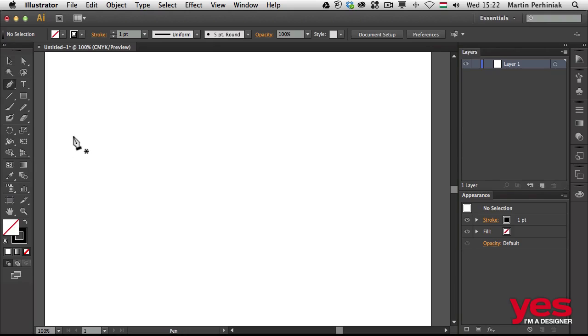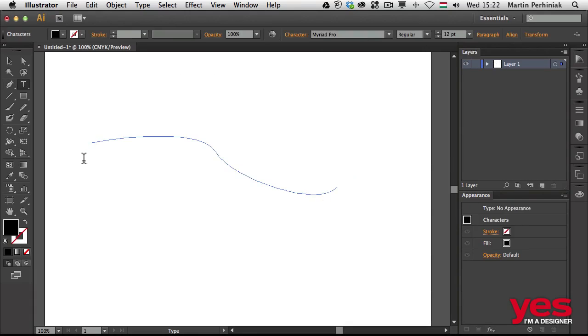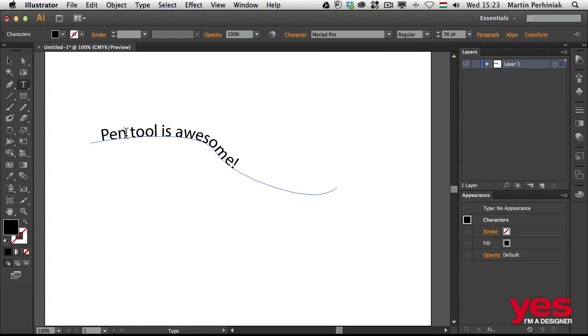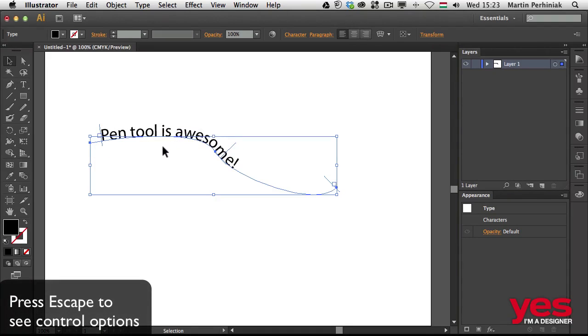Here again, if we use the pen tool, I can create any type of path and then use the type tool and click on it and just type in again something. I can do the same thing, make this bigger, and as you can see, it works exactly the same way as in Photoshop. The only difference is that when we want to move it around, we need to press Escape,